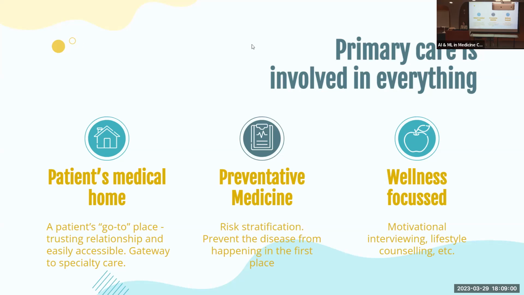One of the really big advantages of being in primary care is that you're very involved in preventative medicine. And again, in a socialist system, which is our healthcare, we really want to prevent illnesses before they come. That's the most financially efficient thing to do, and it also prevents a lot of suffering. There's also a lot of data in primary care, again, because we're involved in everything. So when we're thinking about things like preventative medicine, taking a whole patient into account and seeing what they do during their day, what their genetics are, what their other comorbidities are, would be very helpful in risk stratification and preventing all the things that we see today, like heart disease and stroke and all those great things.